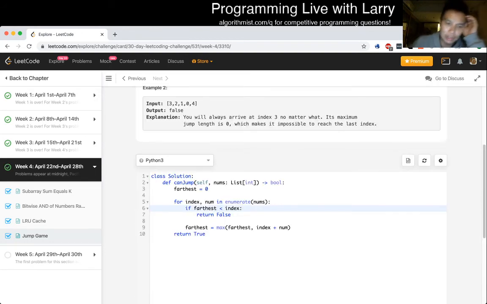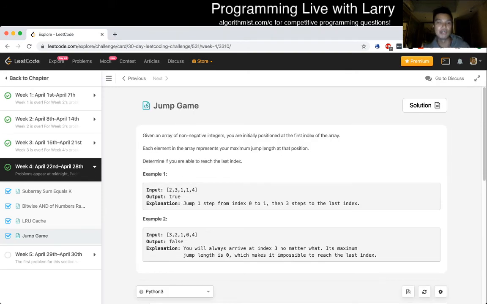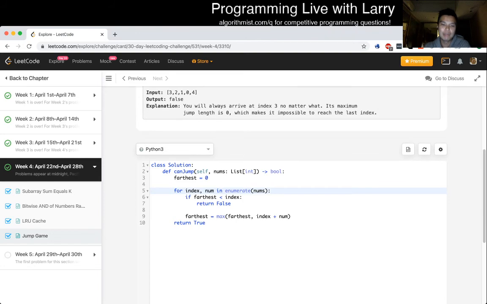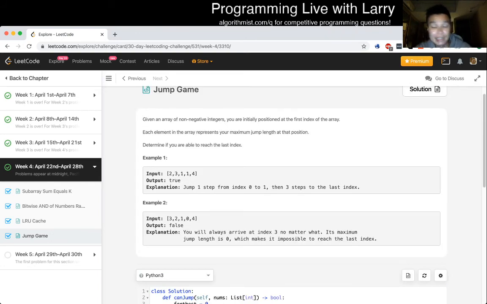So accepted. So you can do this in about 5 or 6 lines of code. Very simple problem once you kind of get down to it. So first of all, this is greedy. This is O of n time, O of 1 space, but it's very tricky in that, at least for me,